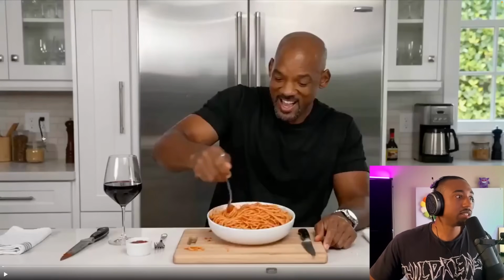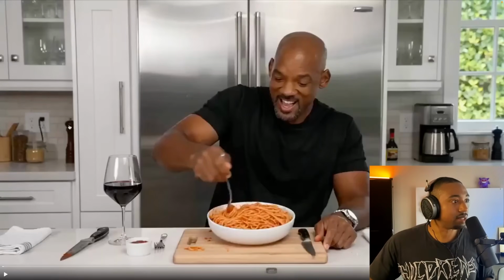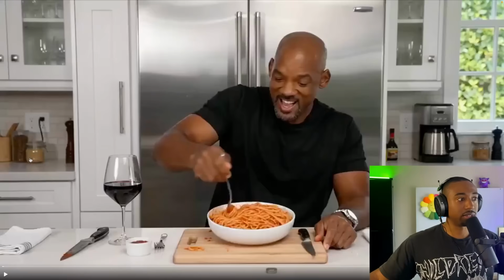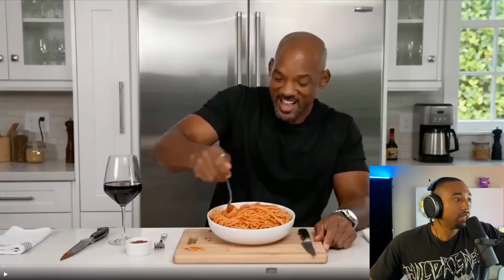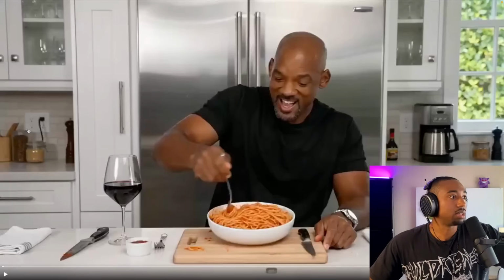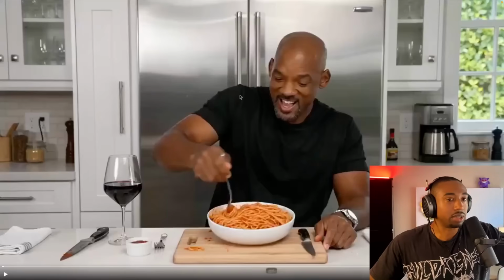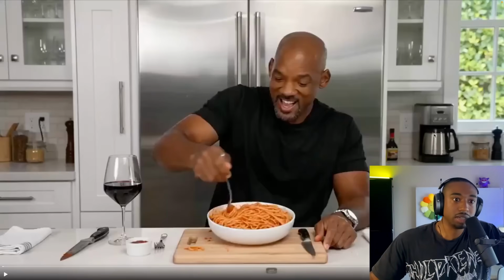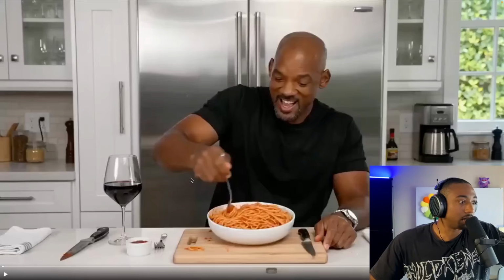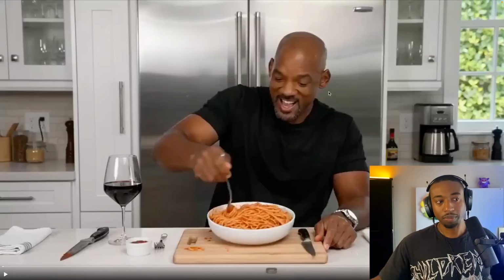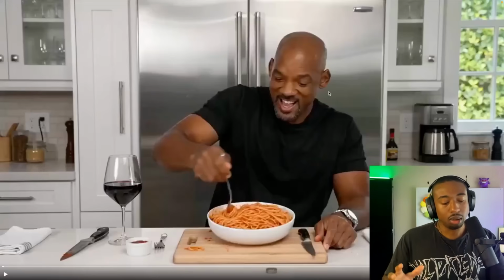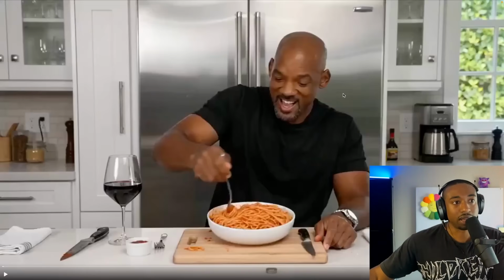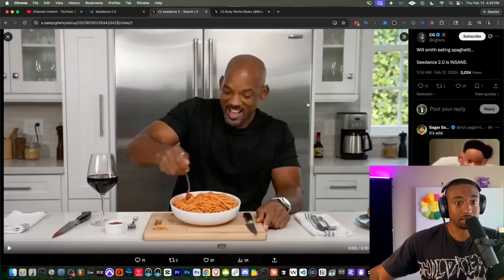But pay attention to the background. The background actually has details. The pepper cruncher thing looks right. The candle on the left side looks super realistic. The lighting looks realistic. The outlets, the reflections off the glass, the coffee maker over here looks super crazy with the reflections. They figured out how to really master physics in this AI generation. The only thing you can tell is there's still a little bit of morphing, but I'm curious if they even used a reference image for this or did they just type in Will Smith.